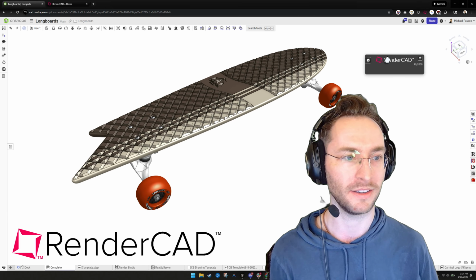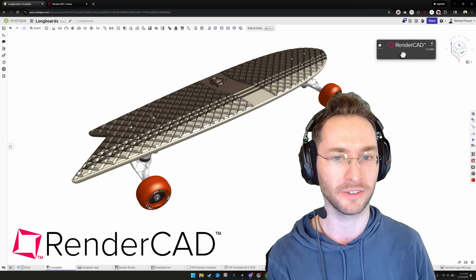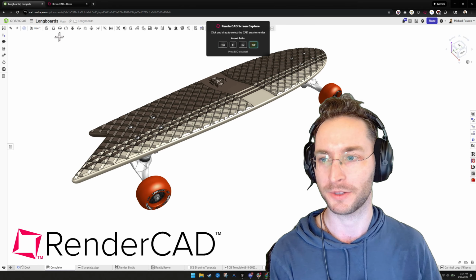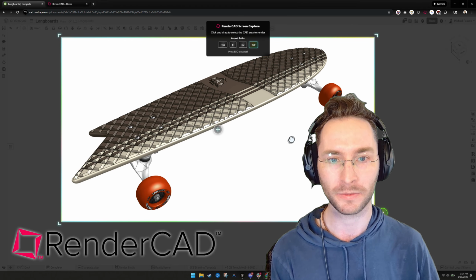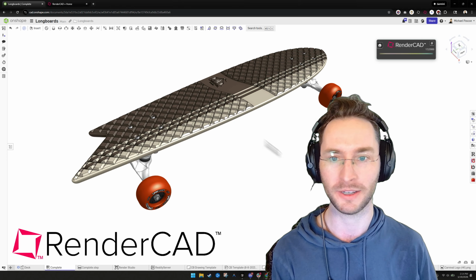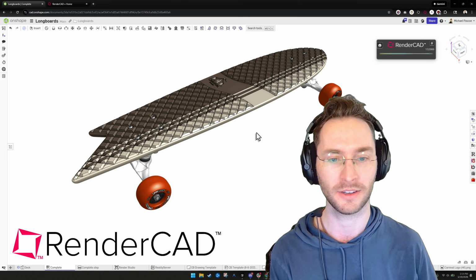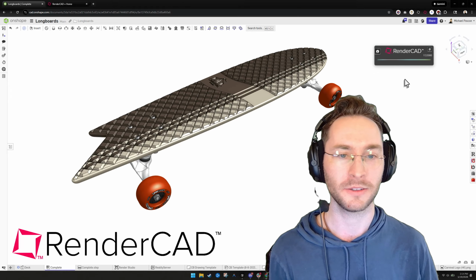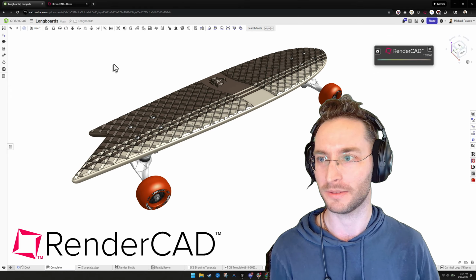Something like that. And I've got the RenderCAD overlay tool here. And we'll just start a screen capture. We'll use 16:9 ratio so that it works well with the video editing. And this modeling software is Onshape. Okay, so we've got that render started, and let me go to